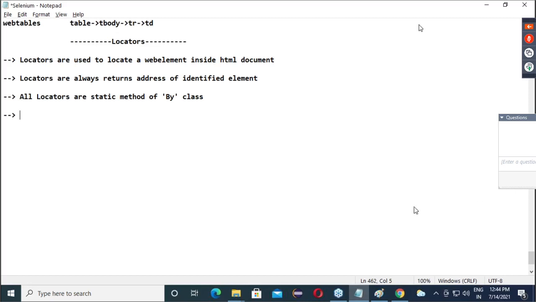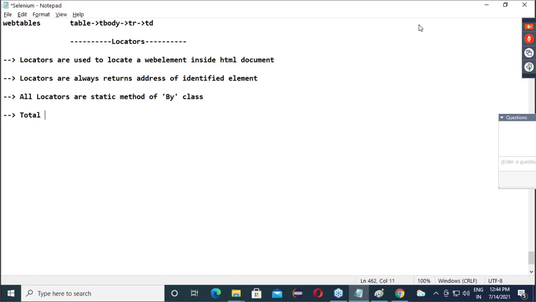So what I am saying, all the locators are what? Static methods of the By class. As it is a static method, that means no need to create an object. How many methods are available? The number of methods available will become the number of locators. Clear?